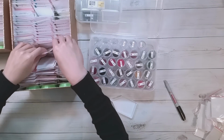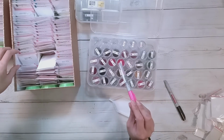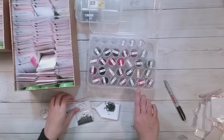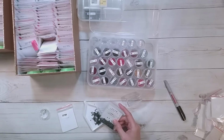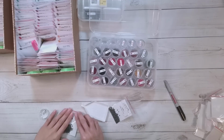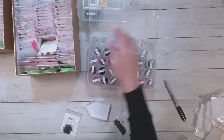So, 3799. It's here. And why can't I see through it? It doesn't look the same. So at least I have the extra bag already. Okay,